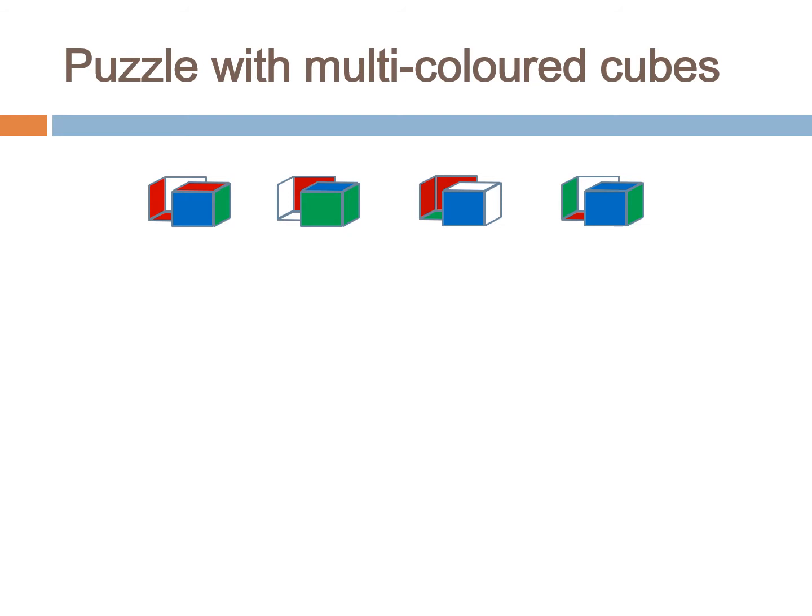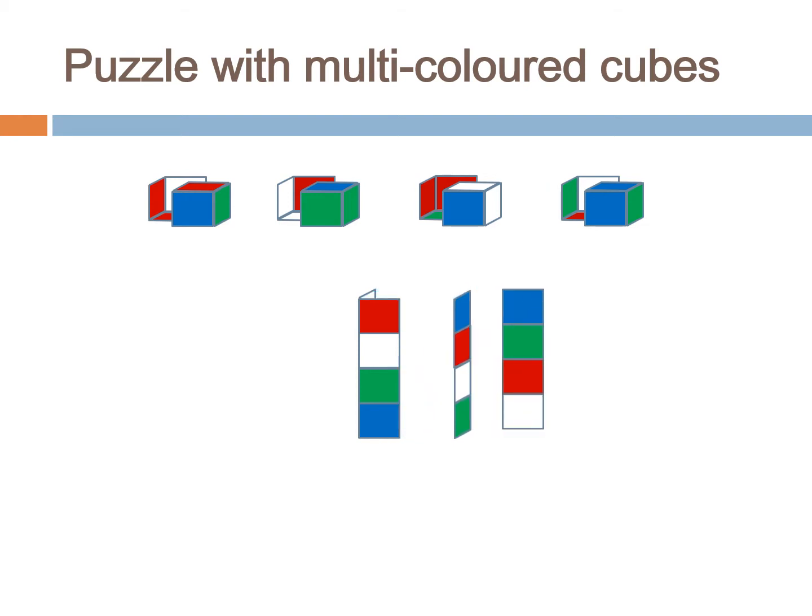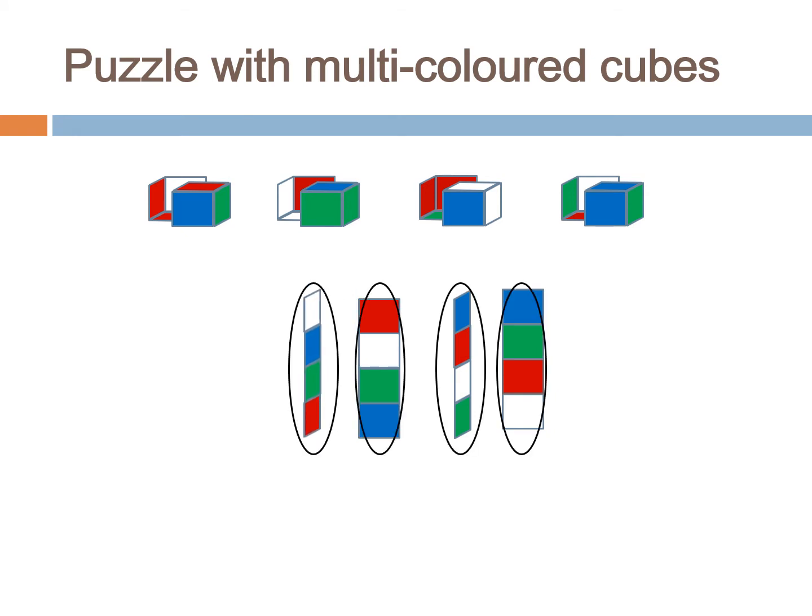Now, the challenge is to stack these cubes such that every color appears exactly once on each lateral side of the cuboid so formed. We know that when we stack the cubes, it takes the shape of a cuboid. The cuboid will have 4 rectangular lateral faces, a top face and a bottom face. We need to stack them so that each of these 4 lateral faces contain all 4 colors. However, the order in which they appear is not of concern.